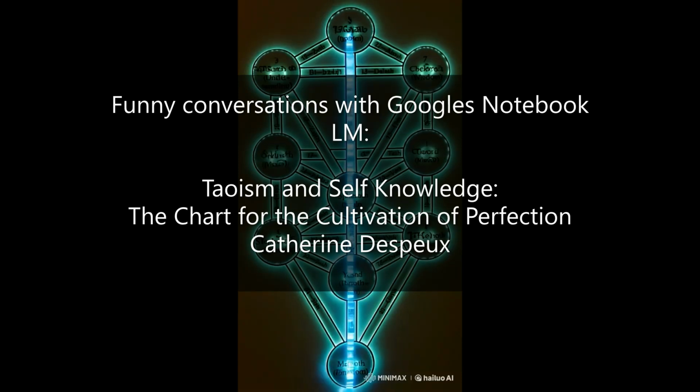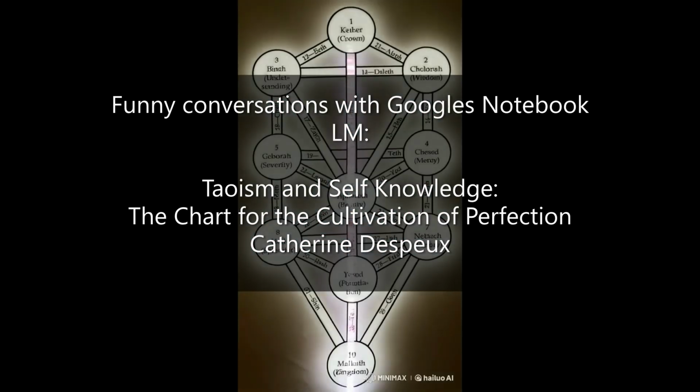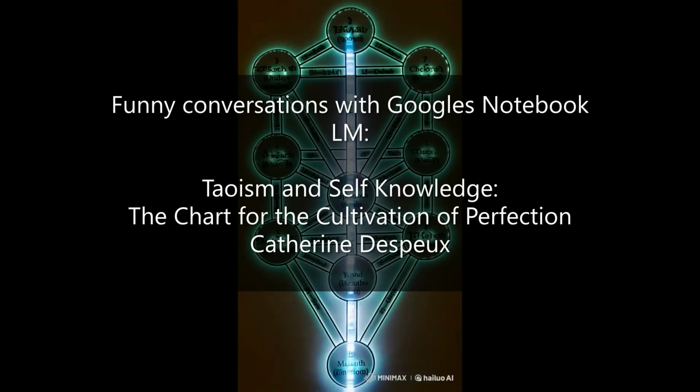Okay, so we've covered a lot of ground in our deep dives into the chart for the cultivation of perfection, from the symbolism of the head and the spine to that really intriguing inclusion of the gallbladder. We even explored those fascinating metaphors like the iron buffalo and the elixir spoon. But you kind of left us hanging with the mention of the thunder rites. What are those all about? Like, how do they fit into this chart?